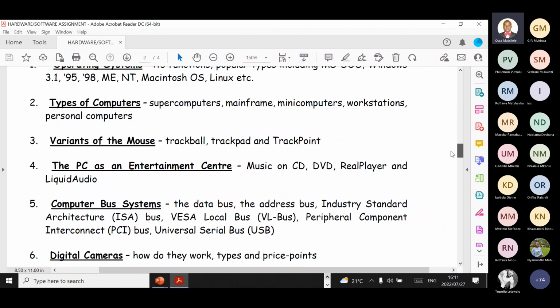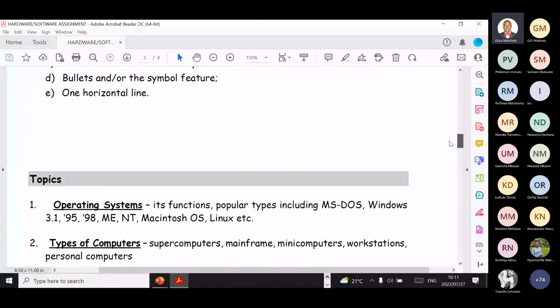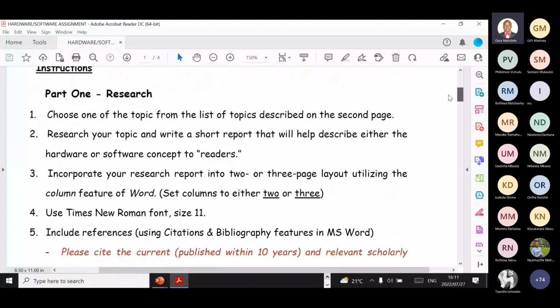These are the topics that we'll explain when we get there. So research your topic and write a short report that will help describe either the hardware or software concept to a reader. So incorporate your research report into a 2 or 3 page layout utilizing the column feature of Word. So here we are saying that